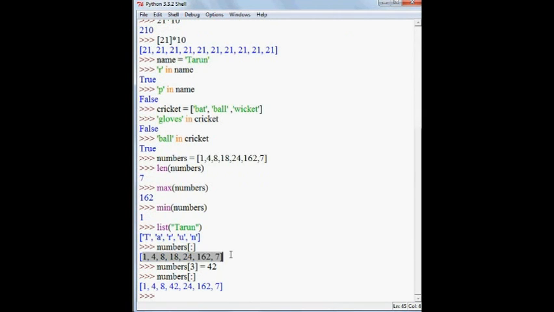Okay, this was the earlier sequence, with 18 as the value at index 3. So when I typed in this statement, I changed the value at index 3 to 42. That is how you use reference index notation and assign a new value in the list. It allows you to change only the desired value, and you don't have to retype the whole list again. So now you have changed elements in your list.